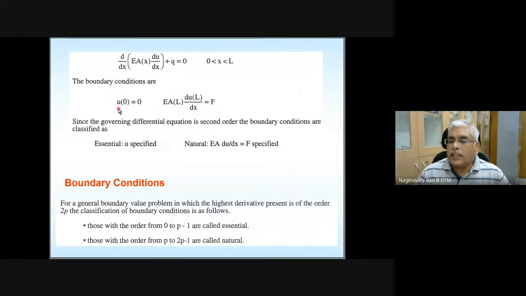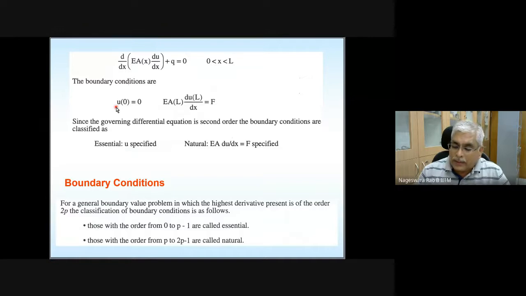And if you see these two equations, here you can see derivative of displacement with respect to X is appearing here. And so this equation is called first order equation. And you agree with me, this governing equation is second order differential equation. If you say this is second order differential equation, this is first order equation. And what about this one? Zeroth order equation. Okay.